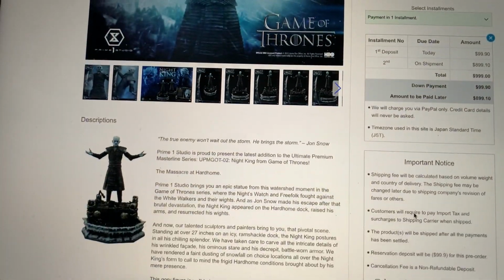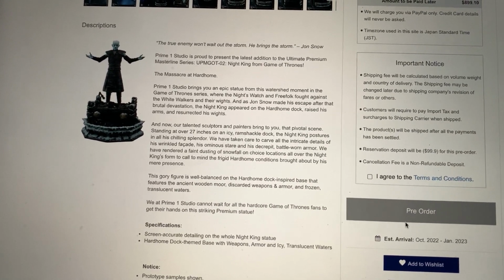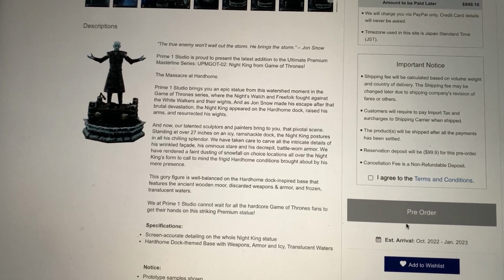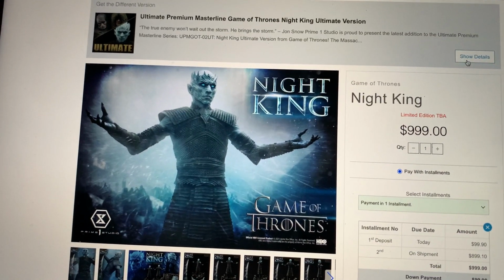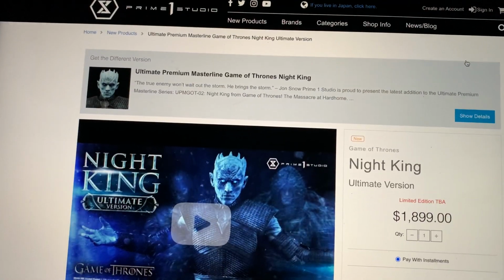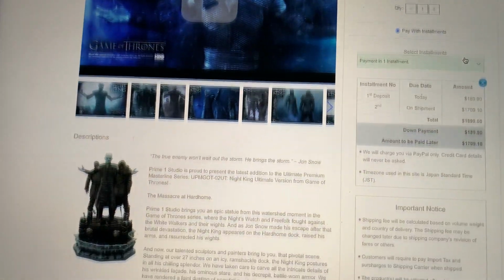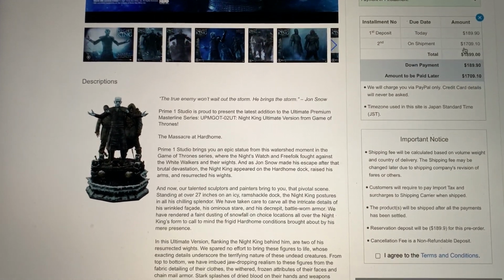I do like they gave you that option. It is substantially cheaper, and I think if I was to ever buy this, I might just do the regular. It's a lot of money to get those 2 extra guys, and yes, it is better, but I don't know about an extra $1,000 better. So, as of right now, I'm not planning on ordering this. I am resisting,